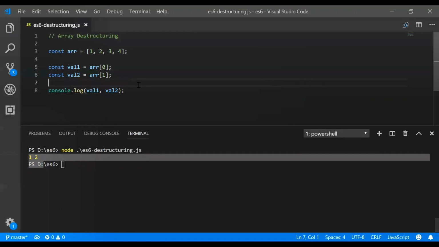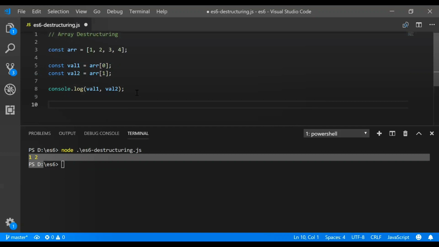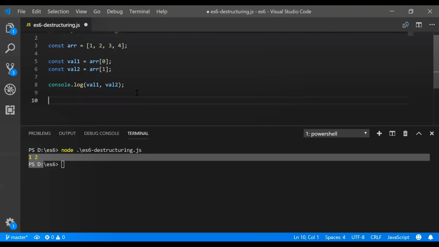So suppose you imagine we are having 100 values inside an array. So for that, I want to extract total 100 values of that array. So I have to write that code 100 times, right? Value3, 4, 5 till 100. So that is so long, so many number of lines of code. So what advantage we get in ES6 features through destructuring is no need to write 100 lines of code. In single line of code, we can achieve that functionality via writing this syntax.